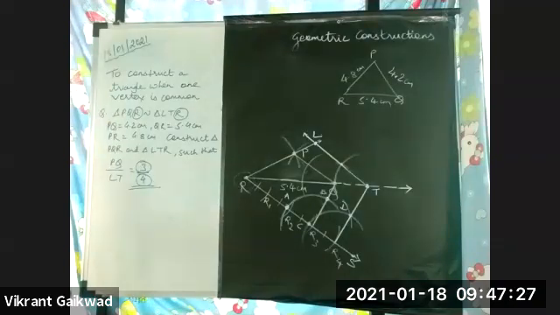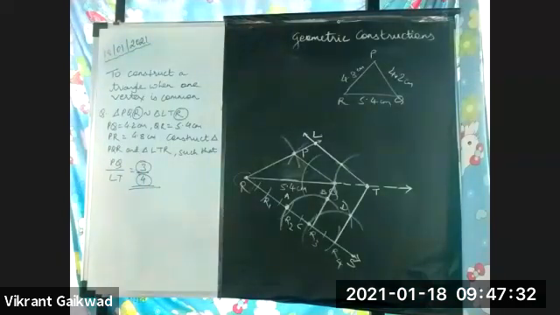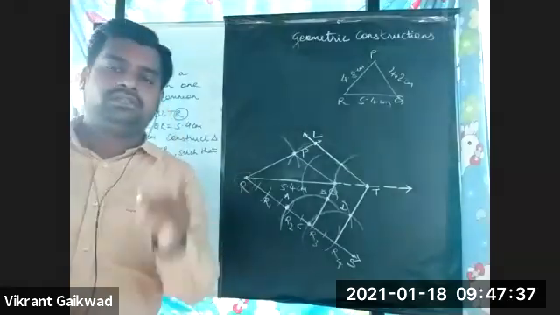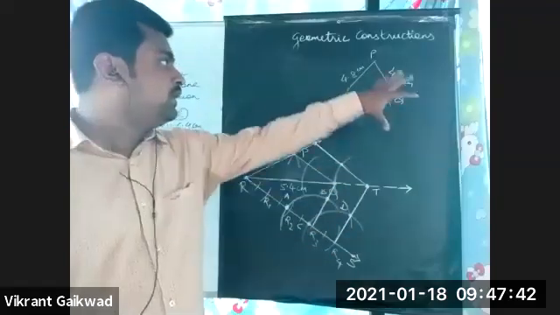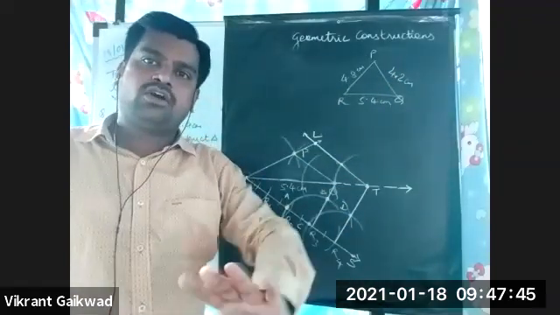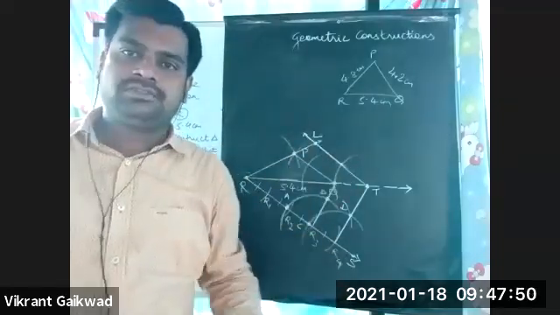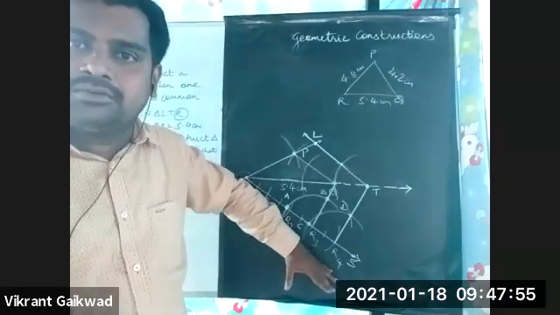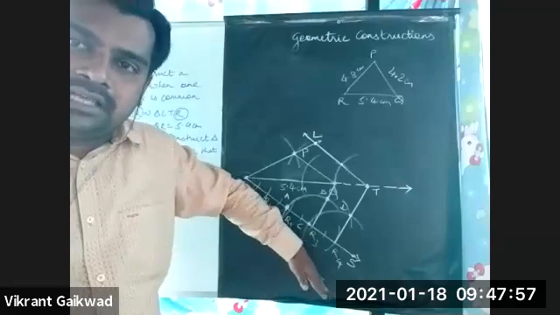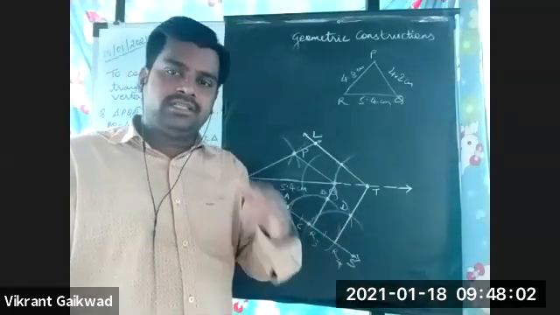Is this clear to all the students? You all can remove the screenshot of this. Now, remember, whenever the vertex is the same, you've got the common vertex. One triangle's values are already known to us. You have to draw that triangle first. Is this clear? After drawing that triangle, you draw an acute angle at the base. Any distance, acute angle, you have to take.